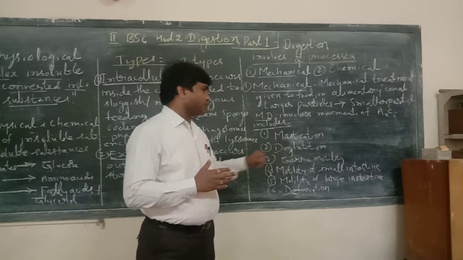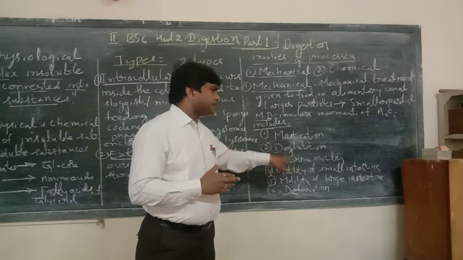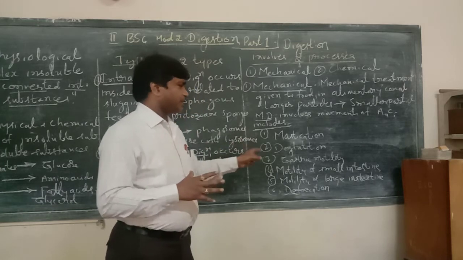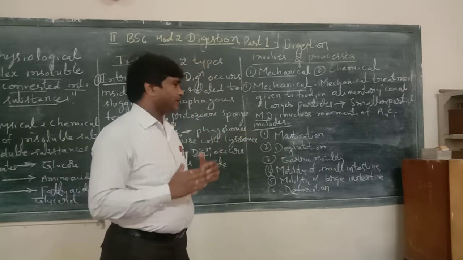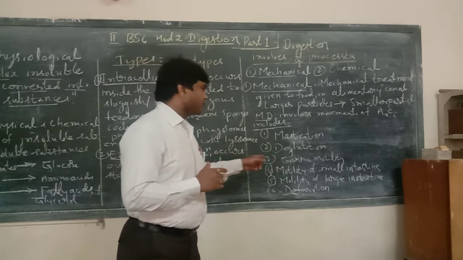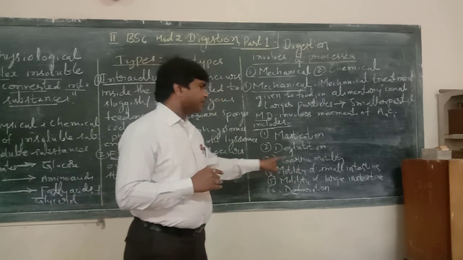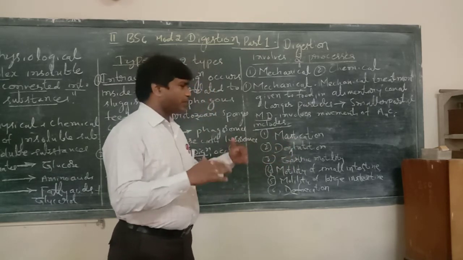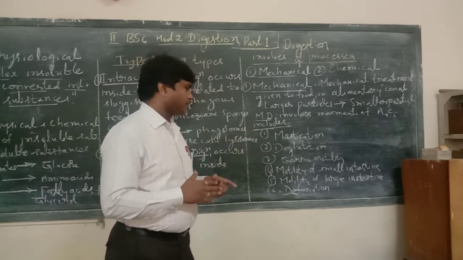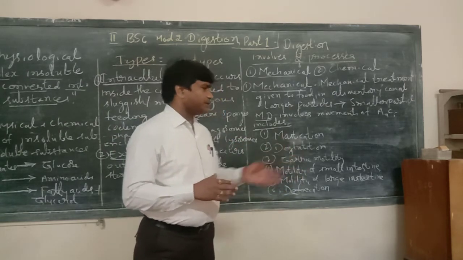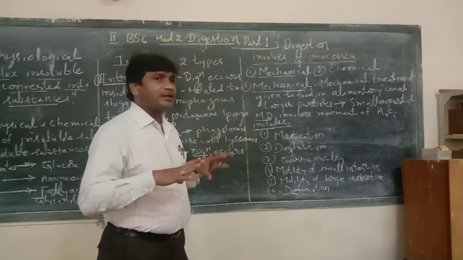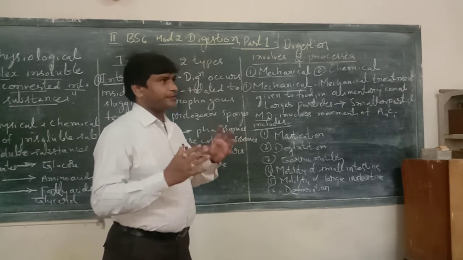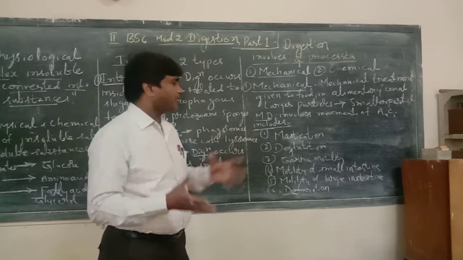Next is gastric motility, which is nothing but the movement of the stomach. Next is the motility of the small intestine, the movement of the small intestine. There are a number of movements that occur in the small intestine. Next, motility of the large intestine. The small intestine is followed by the large intestine, and in the large intestine there are a number of movements. Here also the food is treated with movements of the large intestine.